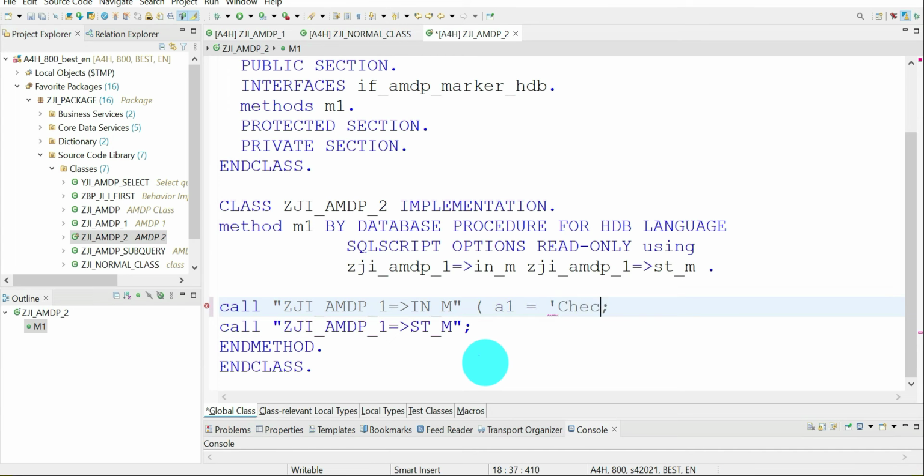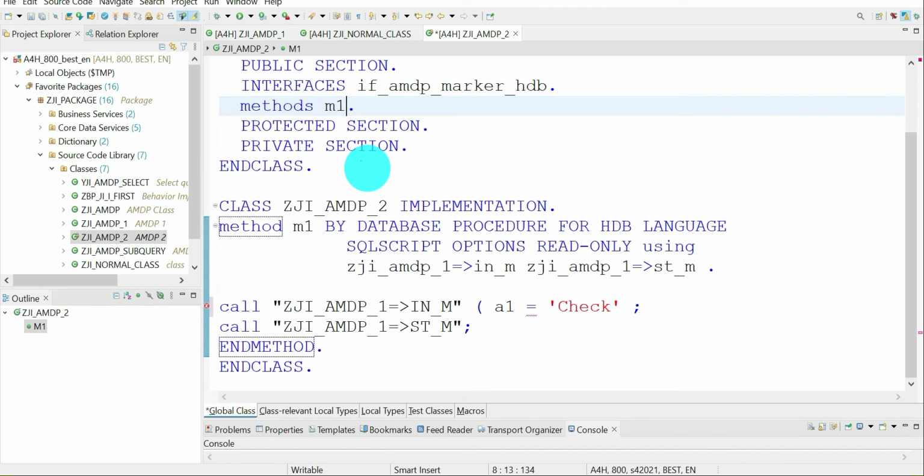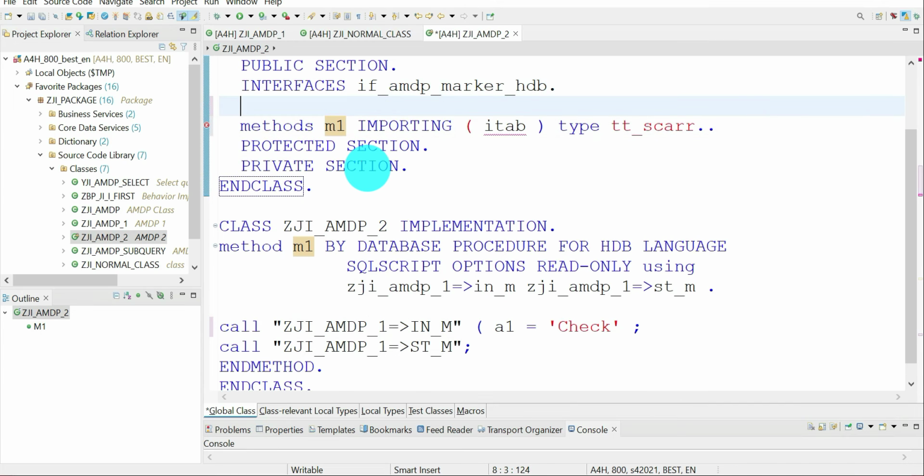So I can say check, A1 is check, and I'm sending the internal table values here. So internal table, probably maybe I have a method which has an importing parameter which has itab type tt here. So imagine, you're getting the data from your program, okay, method parameters. So I'm going to use that in my